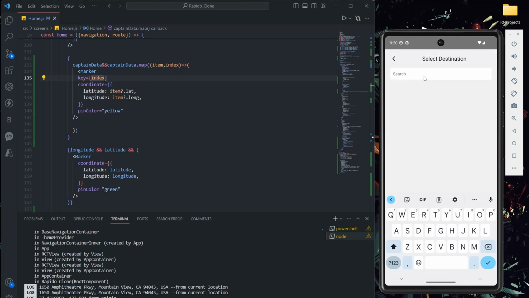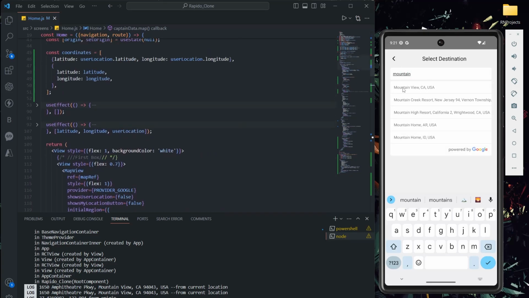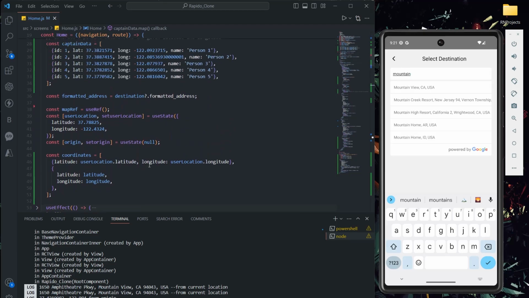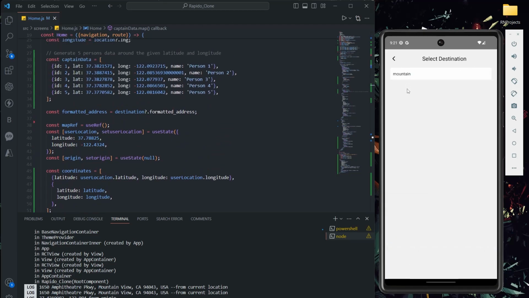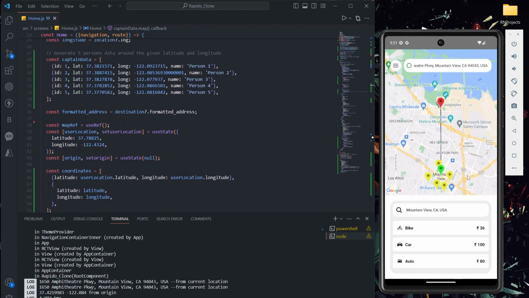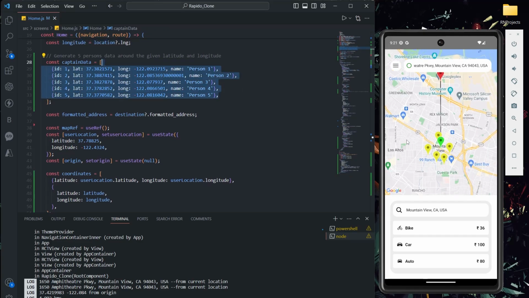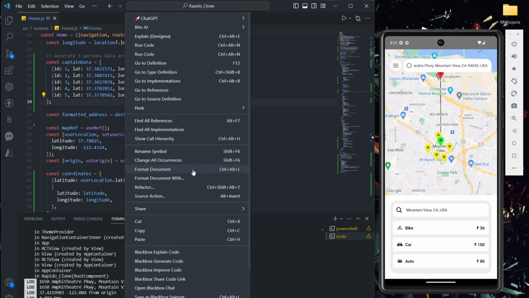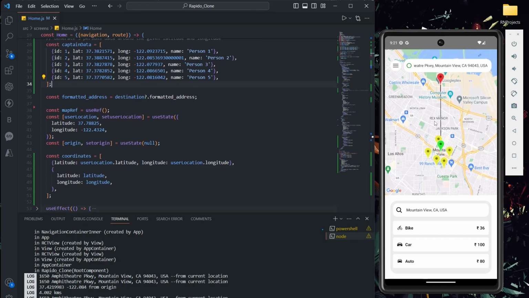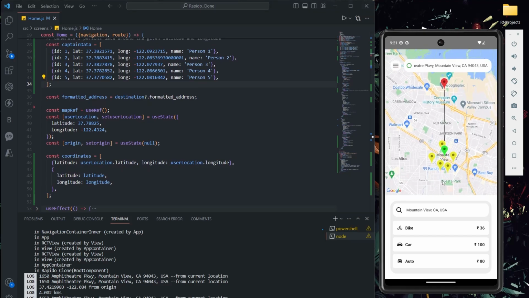Now let me check the mountain. This is the actual latitude area of that particular latitude and longitude where I have created captains here. Now if I click on this, see, now you can see captains, right? I've created 5 captains, right? So now we can see this. Perfect. One thing is done. We have to show the captains on the map. Right now I'm showing them at the destination point. Usually we have to show them at the origin point.